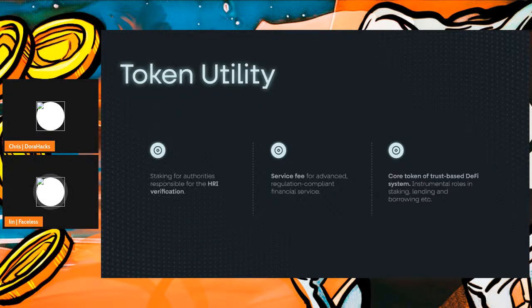And there are many token utilities. For instance, the token can be used as a staking token for the authorities responsible for HRI verification. It can also be used as security for advanced regulation-compliant financial services.